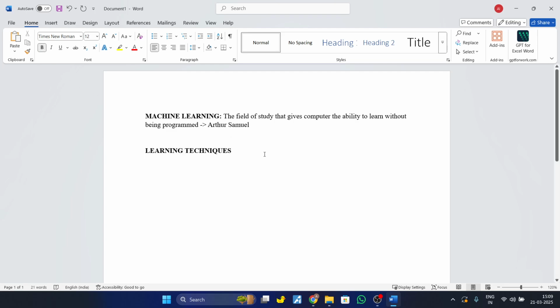Essentially, there are three types of learning techniques. One is supervised learning, the second one is unsupervised learning, and the third one is reinforcement learning,